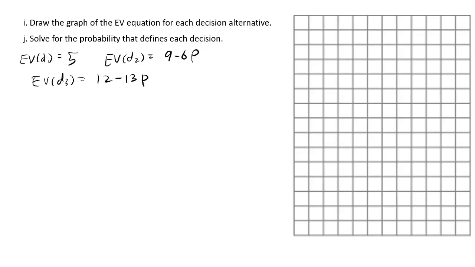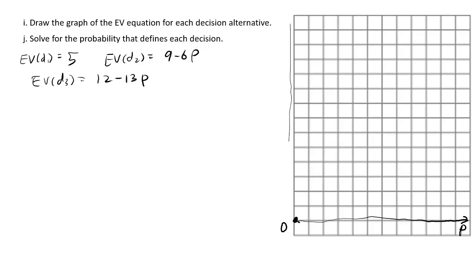Now, the best way to draw the graph is to start with 0, and you have one axis for P. Okay, so let's say this is your P. The other axis